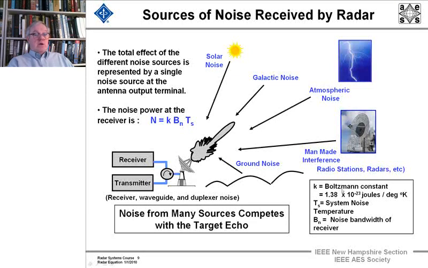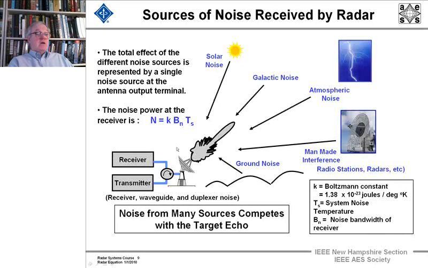And you can see a Boltzmann constant is just joules per degree Kelvin. So you just have to plug in what the temperature is, and if you want this to be a power, you have to multiply it by 1 over seconds or hertz,